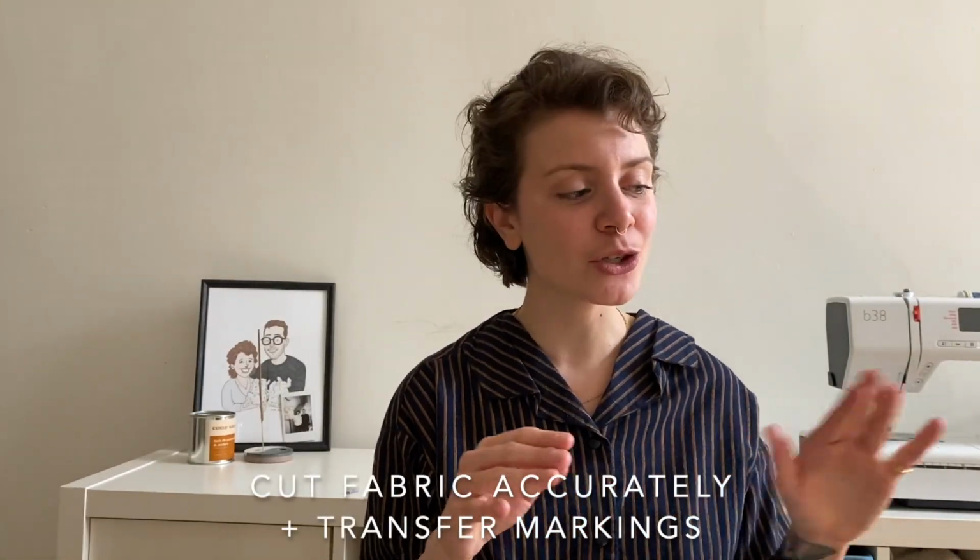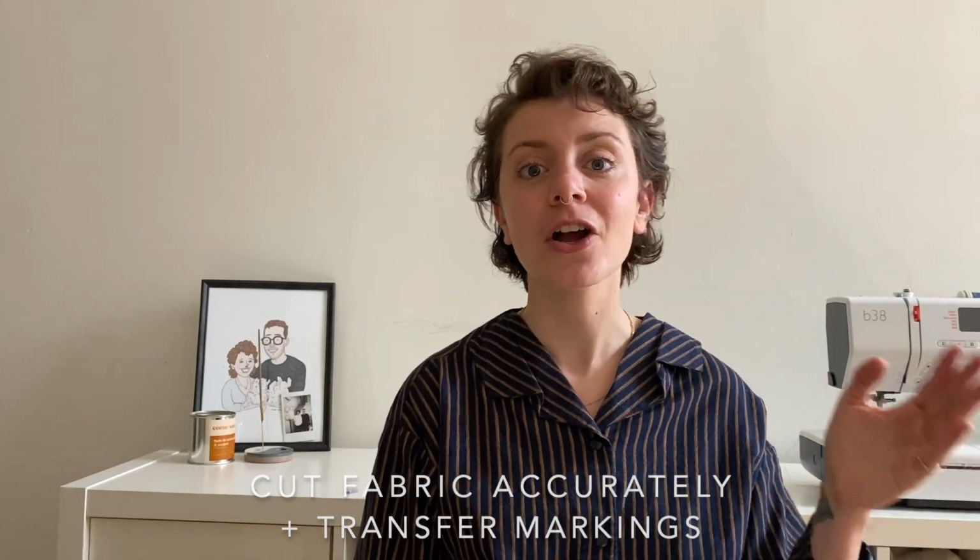Number two is to cut accurately and transfer all the markings from your pattern onto your fabric. I know this is a pretty basic one, but honestly, speaking from experience, I never used to do this. I used to cut super haphazardly. I'm actually going to invest in a rotary cutter because I think it will help improve the accuracy of my cutting. This is really important because if you are missing some notches or if your pieces don't line up properly,